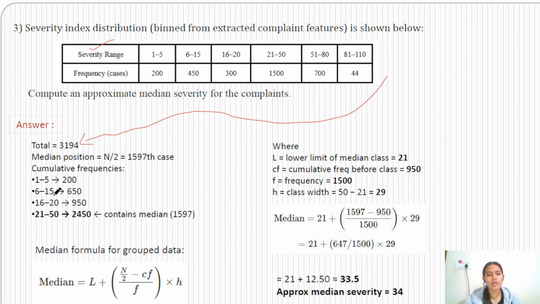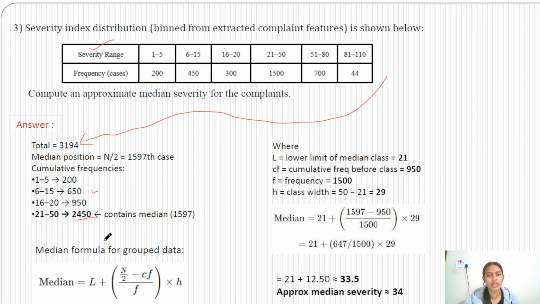Now how to calculate this? We will add this 200 to this 450. For 6 to 15, we will add 200 and 450, so we will get 650. Same with 16 to 20. We will add our 650 with 300, so we will get 950. And for 21 to 50, it will be 2450. So this 21 to 50 will contain a median